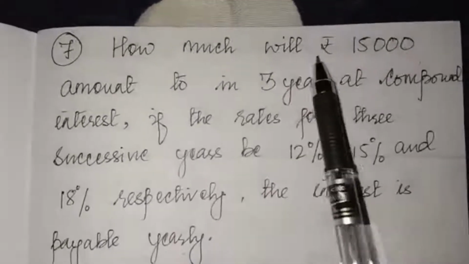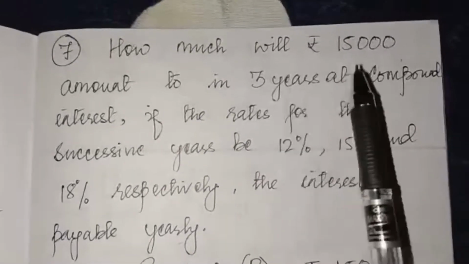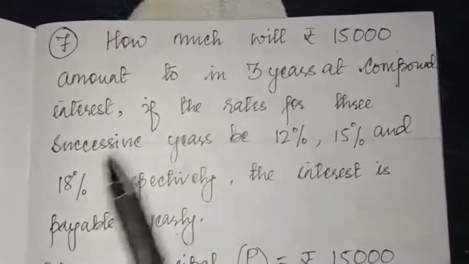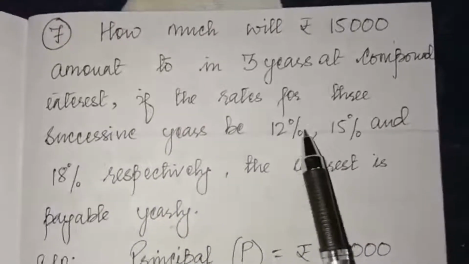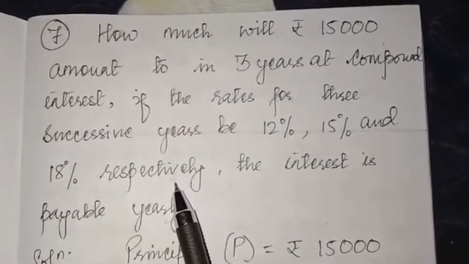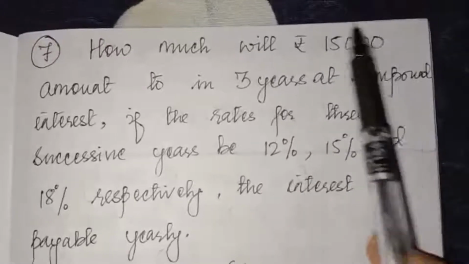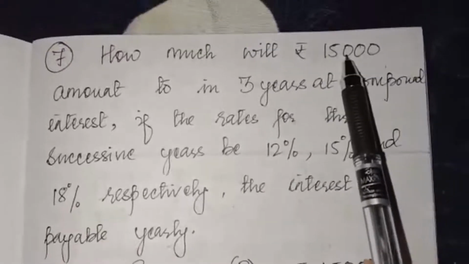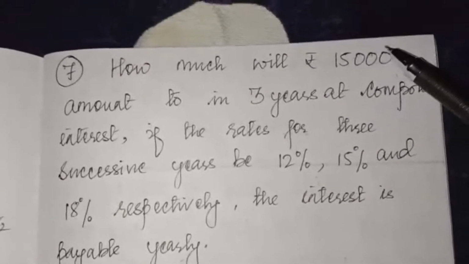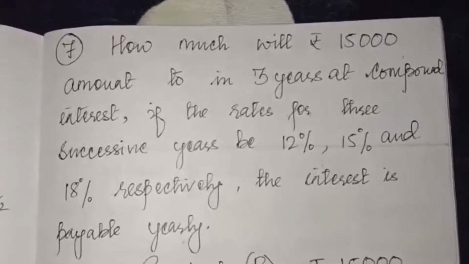How much will rupees 15,000 amount to in 3 years at compound interest if the rates for 3 successive years be 12%, 15% and 18% respectively? The interest is payable yearly. So here this is principal, and this principal is depositing. Suppose you imagine you are depositing rupees 15,000 in a bank for 3 years, and if bank is giving